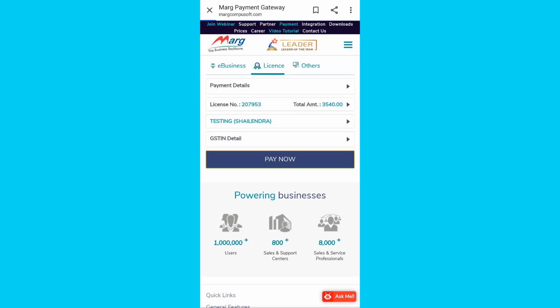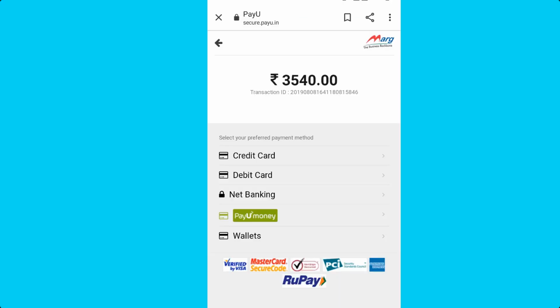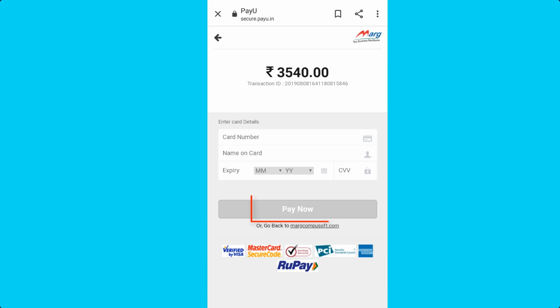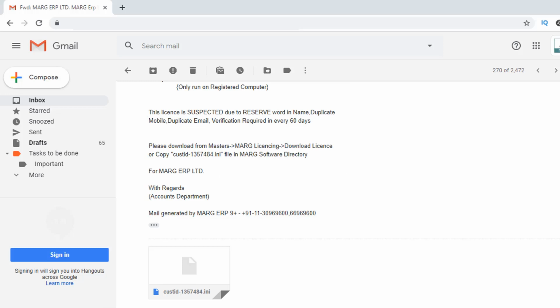You have to simply click on Pay Now tab as shown on your phone screen. Then different payment methods will be shown to you, from which you will select your preferred payment method. Then you will enter your card details and click on Pay Now. So as the payment gets successful, then you will receive the license file on your registered email ID.